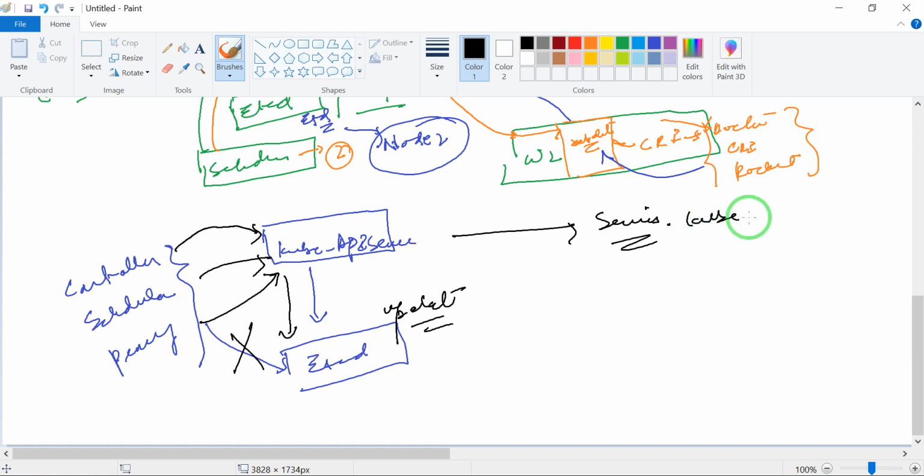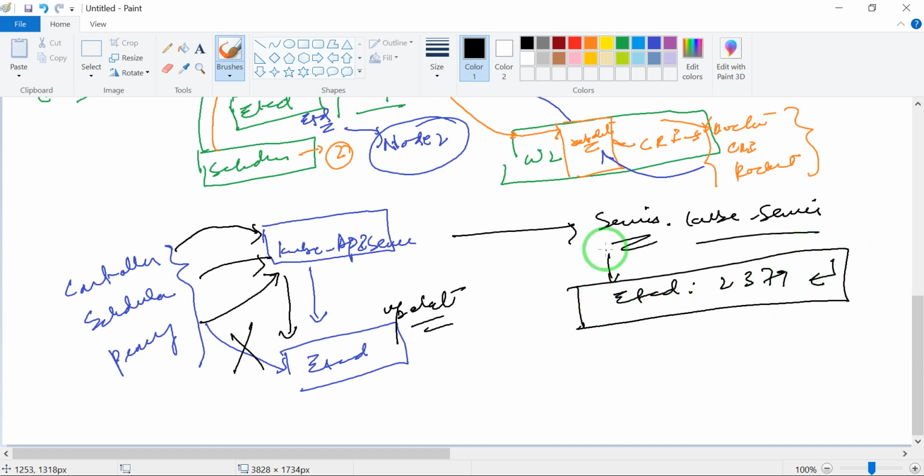That's why when you look at the service of the Kube API, you just go onto your master node and you can check the status of the service. In that service you will see information about the etcd with the port number. It is written there that the Kube API will talk to the etcd on this URL and this port. So it's defined in the service file of the Kube API. This is how the Kube API is running.